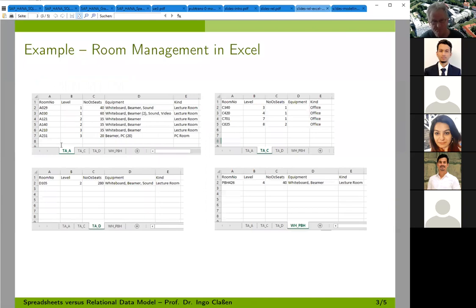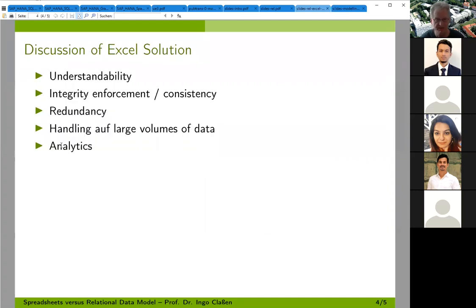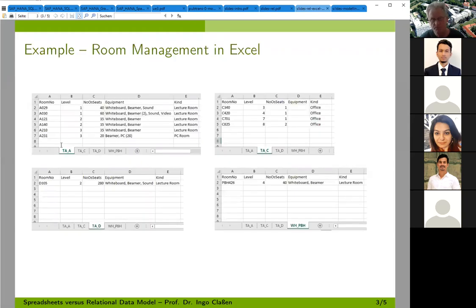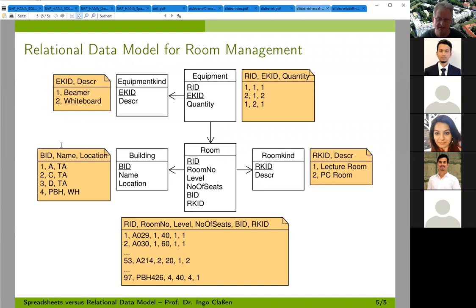Okay, now, having done something in Excel in such a way, and that usually is done, but having seen that integrity enforcement, redundancy, handling of large volumes, and analytics might be a little bit complicated, now let's try to understand what it means to migrate that into a relational database. And now it's something that looks, first of all, completely different here. And we are going to dissect everything here in order to understand